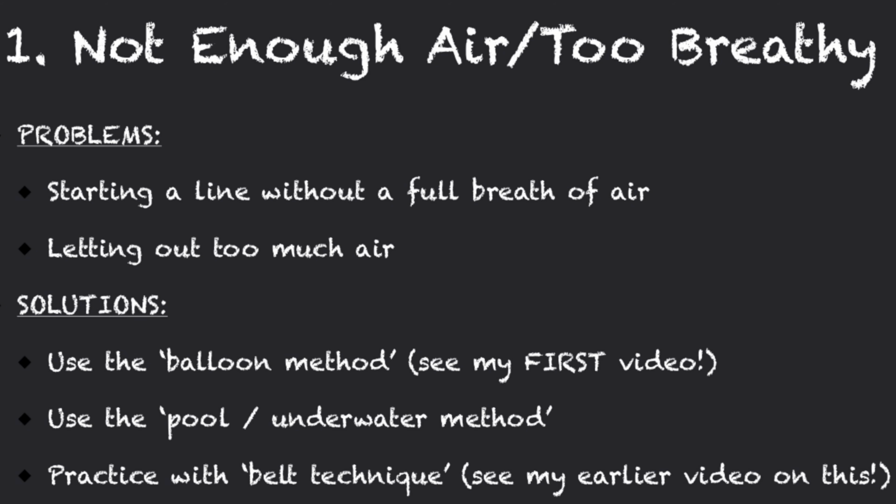Okay. Number 2, use the pool method, the underwater method, which is like, okay, so you pretend that you're jumping